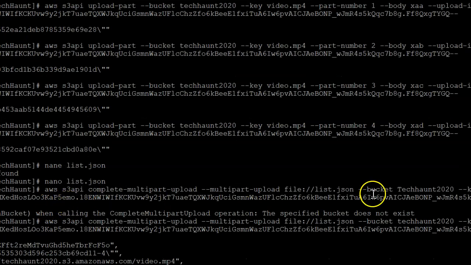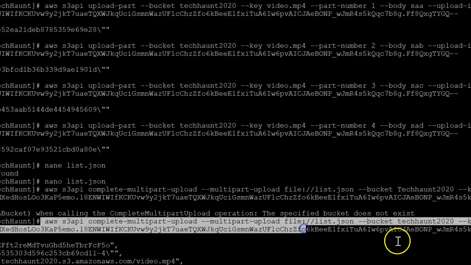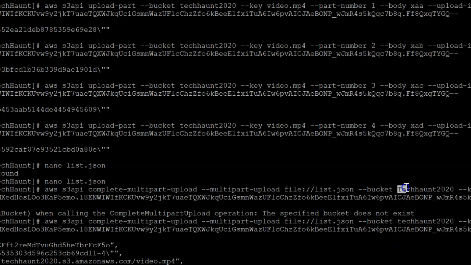I've got the error again. When calling the complete multi-part upload operation, it's saying the specified bucket does not exist in S3. It actually exists, but I put the T in uppercase, and it should be lowercase.